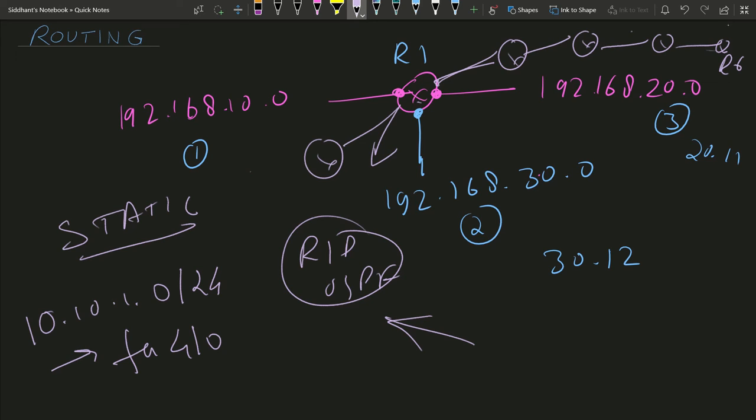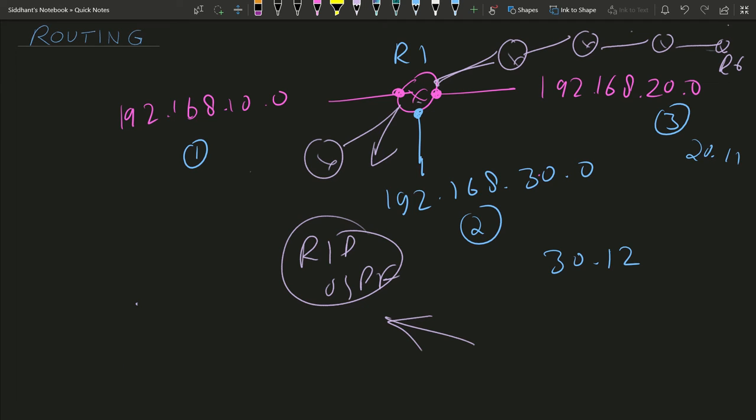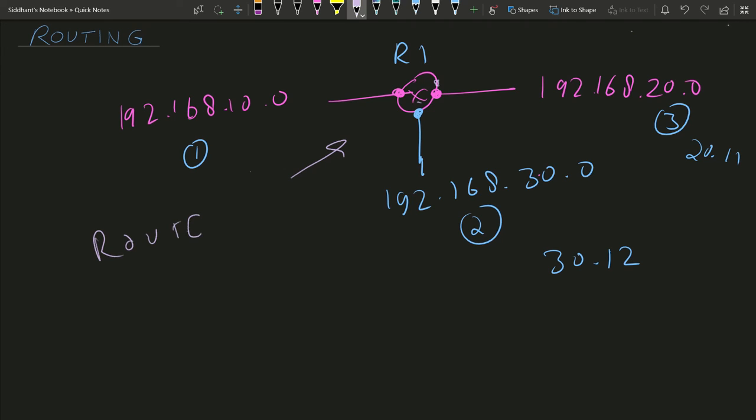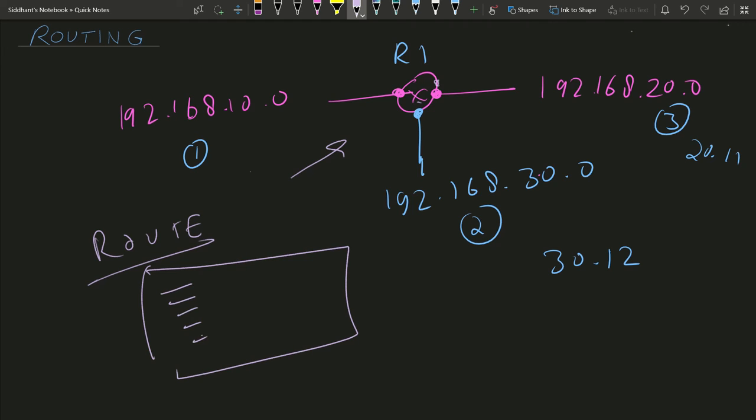I will also cover static routing in a separate video, because we have static and floating routes, so there are a lot of things and scenarios there. But in this video I just wanted to give you a little overview of routing, what routing is and how it basically works. These are local routes, so we don't need to advertise them, and they will automatically appear inside a routing table. We also need to understand how this routing table works.